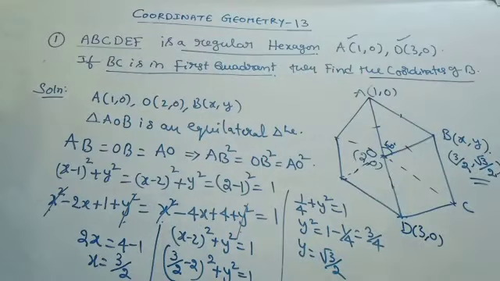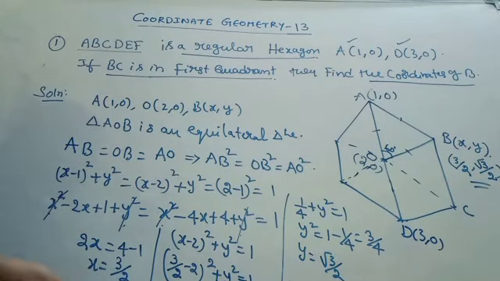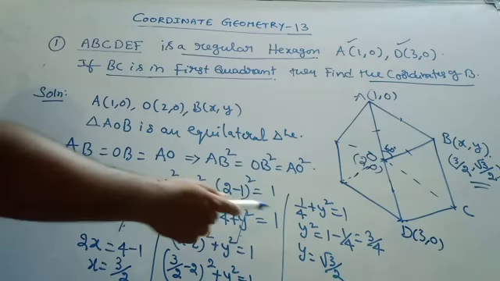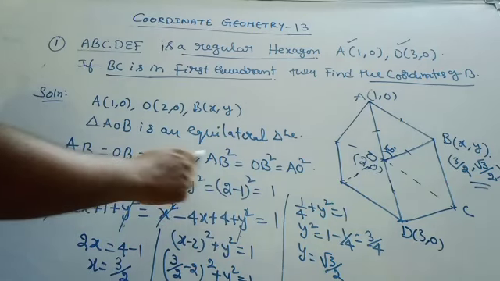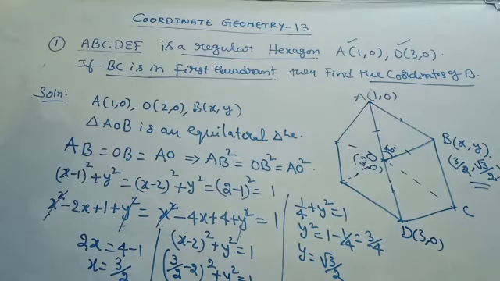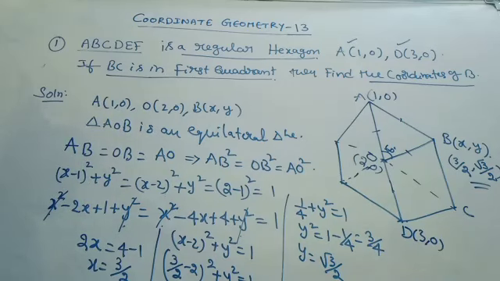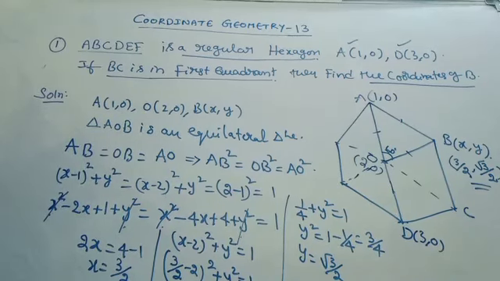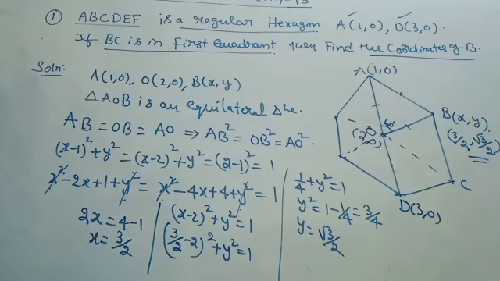Nicely, in this way we have got it. By simplifying this we got the x value and substituted this x value either in this equation or that equation, such that you will be getting the y value. Not only this equation, anywhere you can substitute, like x minus 2 whole square plus y square equal to 1, either this or this, you will get the y value. Now x is 3 by 2 and y is root 3 by 2. See, my dear students, how beautifully we have got this particular problem and its solution.